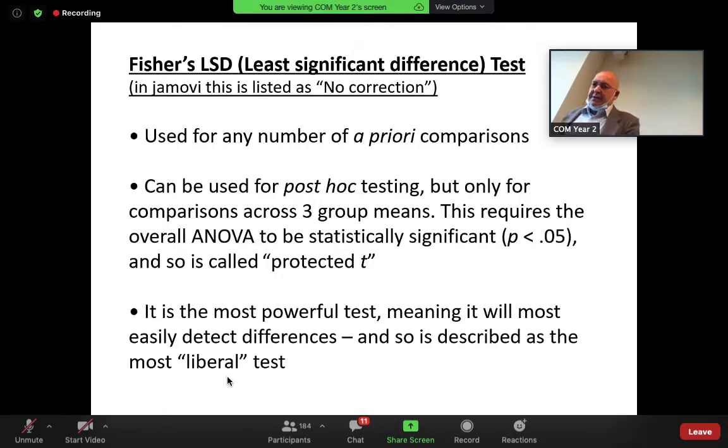This is a good test. Actually, it's the most powerful test, so if you can use it, then you should use it, and you should be thinking about your data before you've collected it. You should be thinking about which comparisons are important. Which hypotheses do you really want to test? So this is a very important part of the research process. You don't just collect loads of data and then try and find statistical significance. That's a very poor way of doing research.